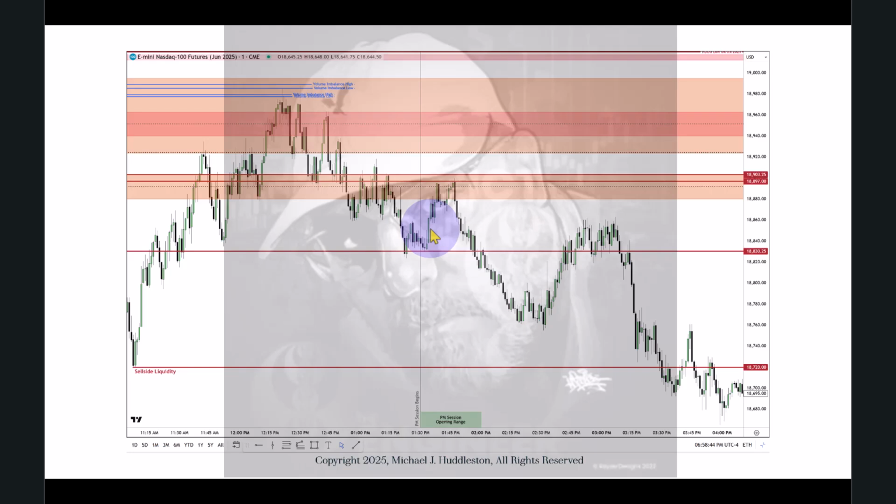Inversion fair value gap. The market trades up into the old low here. So we were aiming for that electronic trading hours low. It trades off of that up into a sell side imbalance, buy side inefficiency, or inversion fair value gap rather, and it trades up into that fair value gap there. Look at the body stopping right there, and then breaks below that gap. So if I add that there, you can see the volume imbalance, you have to include that.